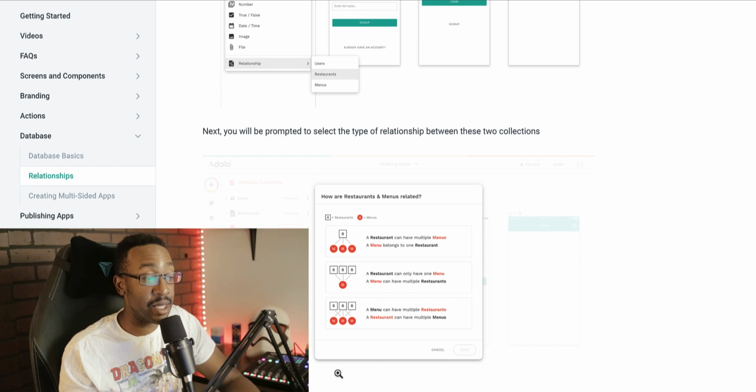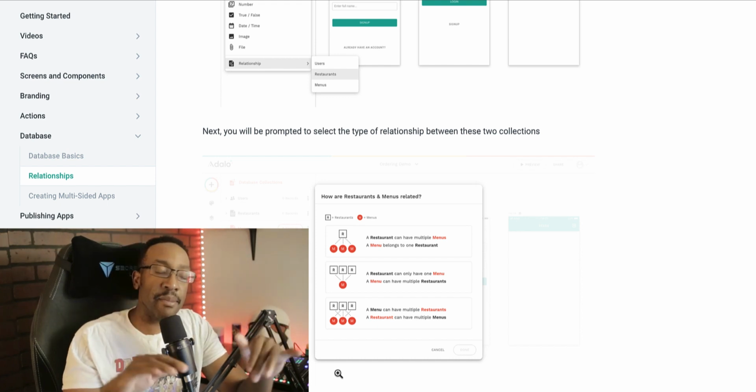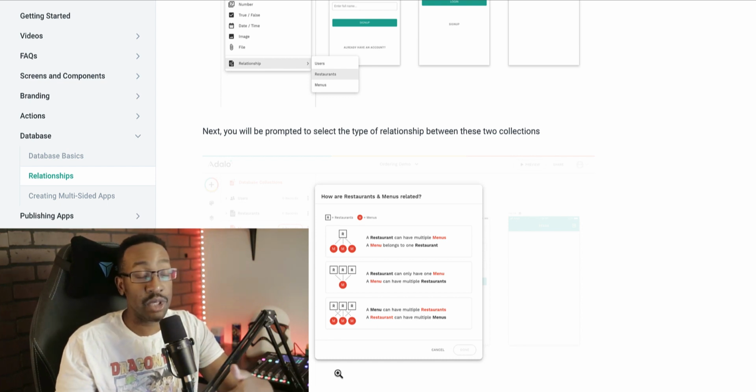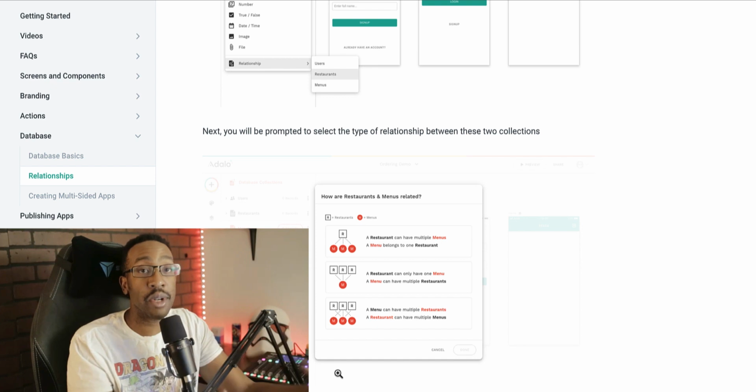I know for me, this was a really hard concept. I wasn't good with databases for a long time. I'm really not that good right now, but this allowed me to start thinking about what kind of database I need to map out for my projects. Remember, above all other things, pick a platform that works for you. Perhaps you might have to pick a platform first so they build the database for you, such as Adalo or Glide, for you to understand the relationship. And then you can move into different databases like AppGyver or using Bubble, where you're structuring the database where you can have more control and you're doing it from scratch.